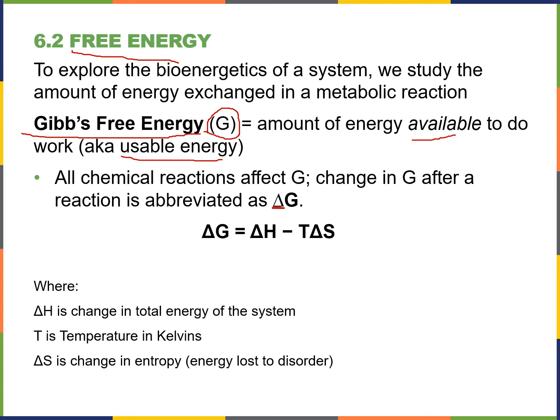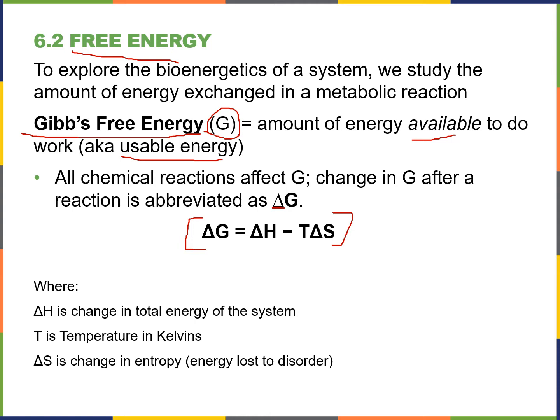So this equation down here is really important for you all to know. This is going to be the formula that you use to calculate the change in free energy for any system. And this is used to calculate the energy in many different types of chemical reactions. So to calculate the change in Gibbs free energy, you subtract the amount of energy lost to entropy, which is